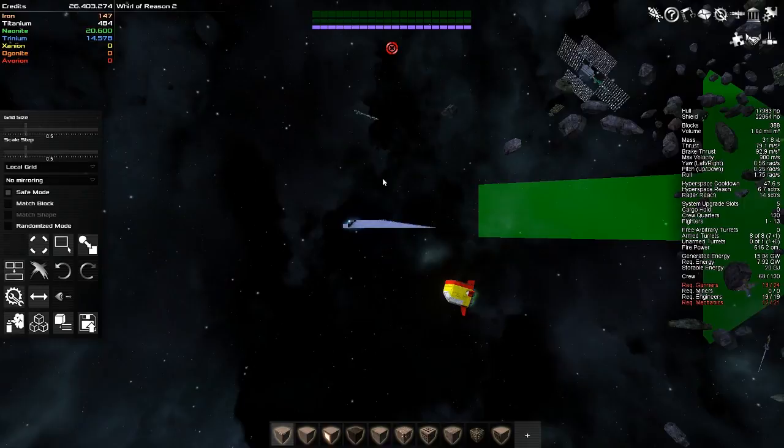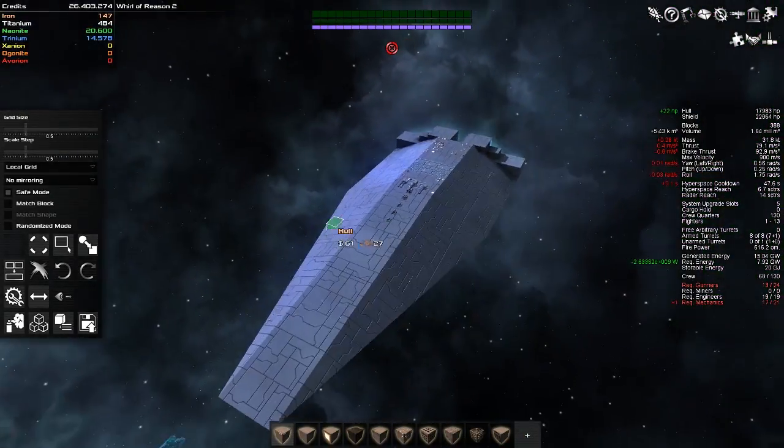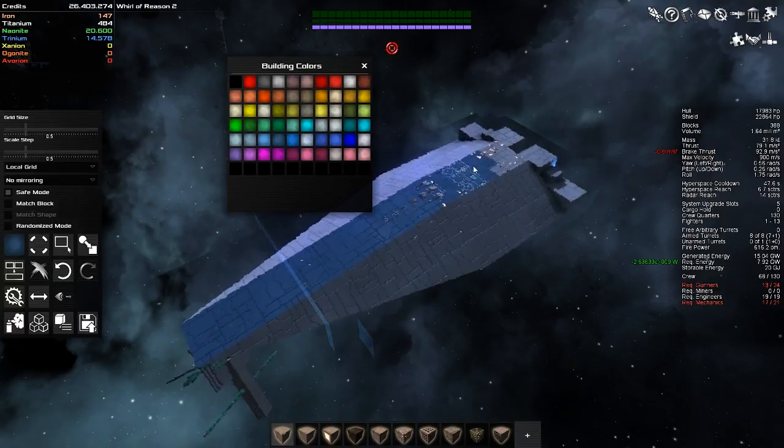You know what? Maybe I'll like this thing better if I actually give it a paint job. So let's give it something. Let's see, what about solar steel blue? Yeah, just a basic blue-white color scheme could be kind of nice here. So let's do that. Can I paint the guns? Doesn't look like it can paint the guns. Oh, that's okay. I wonder if I can paint the,